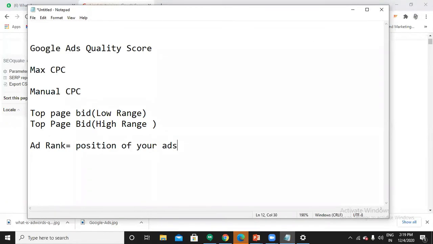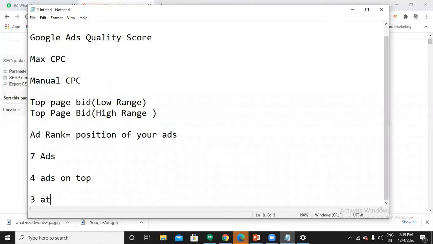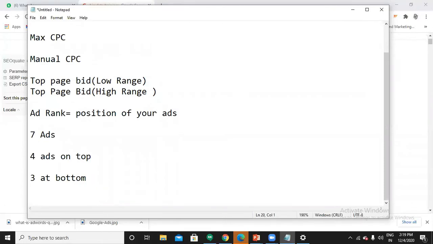Your ad rank depends on how many ads maximum Google will display on a SERP. Seven ads, right? Maximum there are four ads on top and three at the bottom. So overall seven ads, seven positions basically. Your ad rank is equal to the position of your ads.